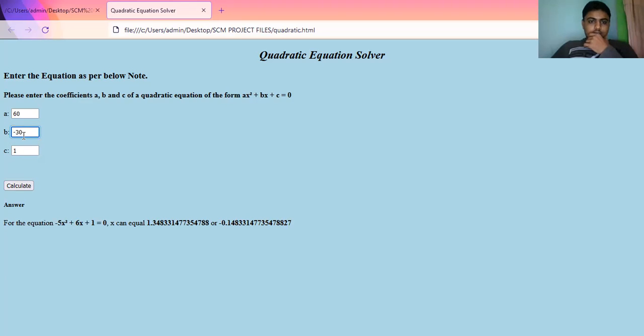And if it is a perfect square, it will give 2 or 3 more roots for this equation. And if it has equal roots, then it will give a single root for this equation.